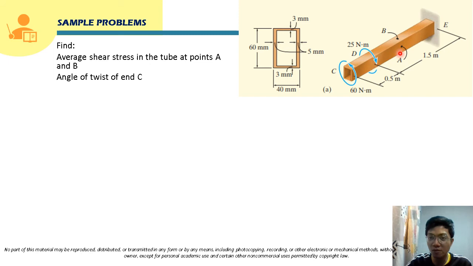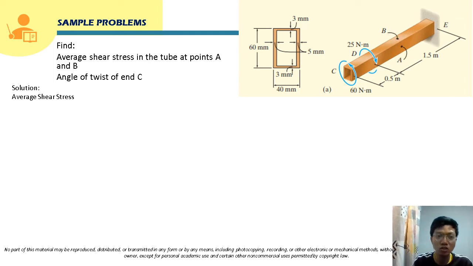Okay, and the thickness for point A is actually 5 millimeter. So they have different thicknesses, so they will have different shear stress. The formula for shear stress is T over 2 times thickness times A sub M. So we have to determine first the internal torque here